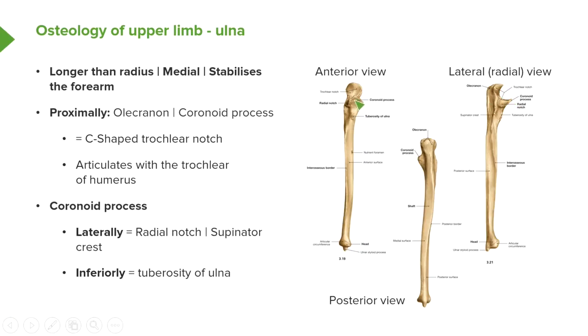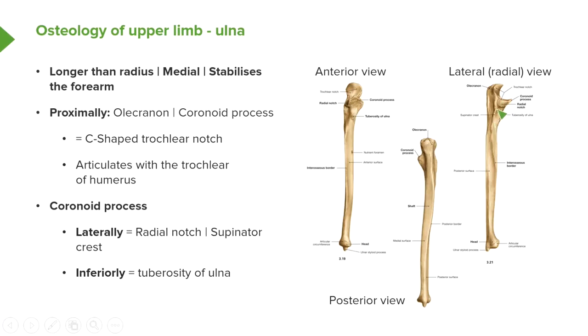We can also see the coronoid process. We can see it here on the anterior process. We can see it here posteriorly sticking out somewhat. Laterally, we can see we have the radial notch. We've got the radial notch here on this anterior view, and we've got the radial notch here on this lateral view. And that's important because that's going to receive the head of the